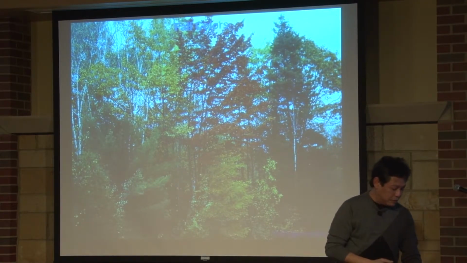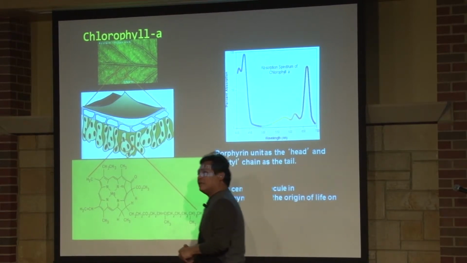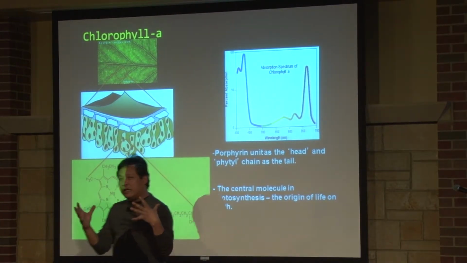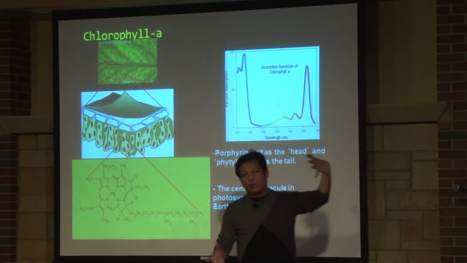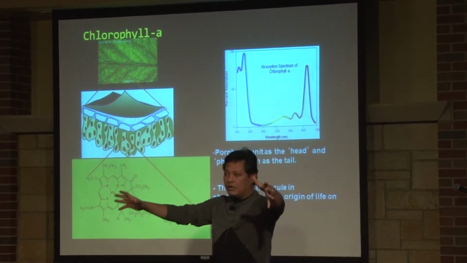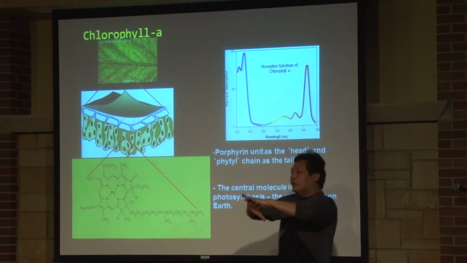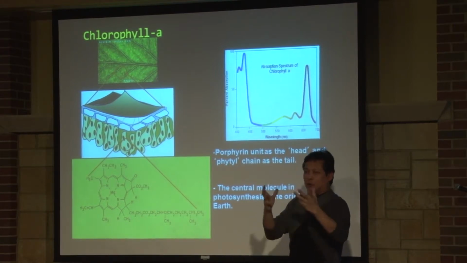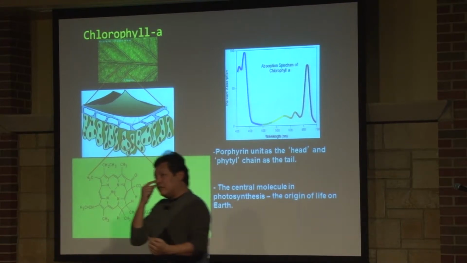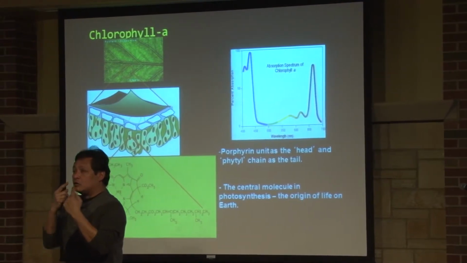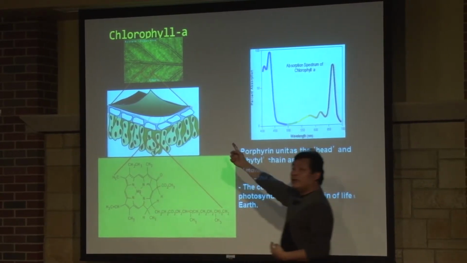So let me explain what this is. Chlorophyll is the molecule that makes plant leaves green, okay? White light has all the colors, a rainbow of colors, as I already explained. When that falls onto the plant leaves, they absorb all of them except the green. It cannot absorb green, so it throws it back. But we see things when light enters our eyes, so only green is thrown back, and that's why we see the green color.